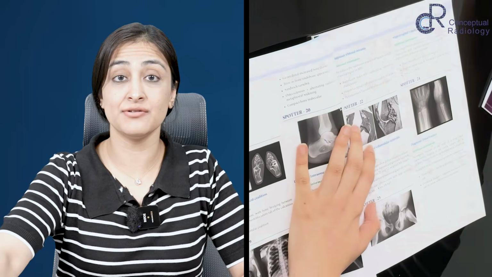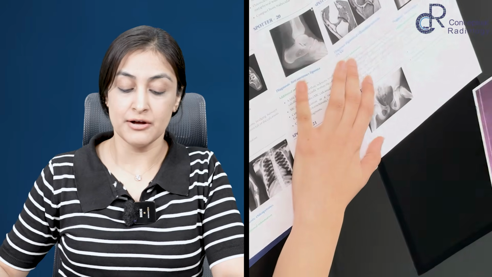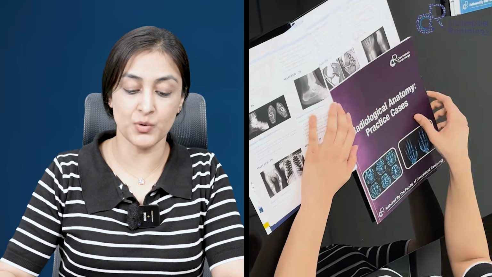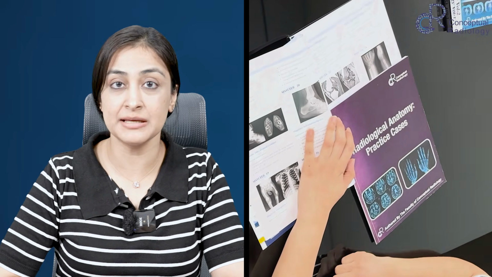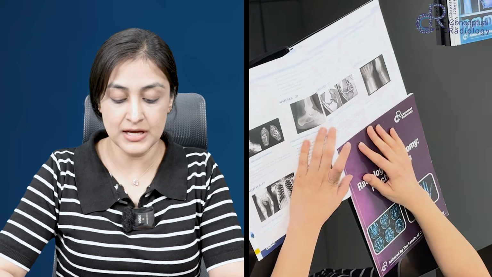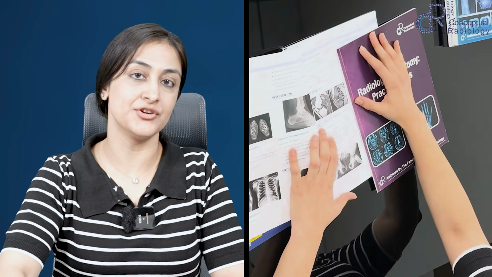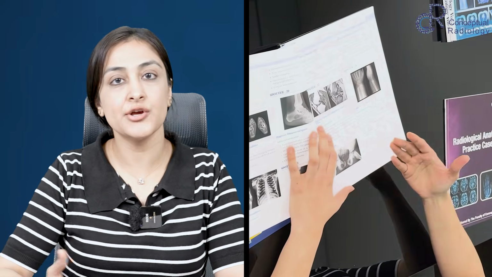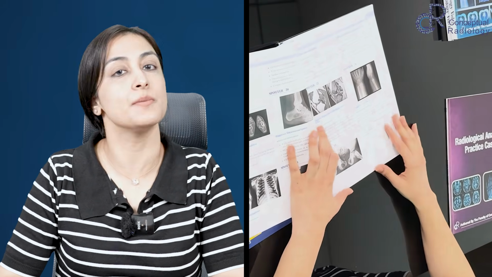One thing I can advise on how to read it is, for example, when I'm revising the spotters, I want to cover the diagnosis, try to see the image myself, guess the diagnosis, then read it. See the image, try to guess the diagnosis, and then read it. That way you are quizzing yourself as you go and your revision becomes more active. So this is how you can use this book.